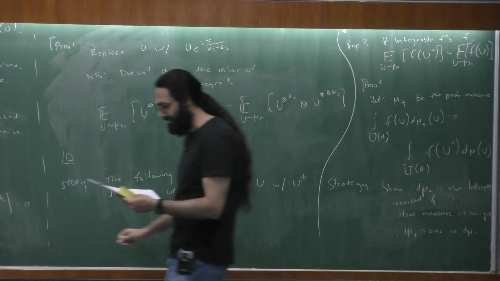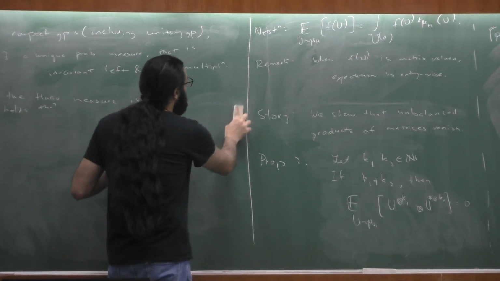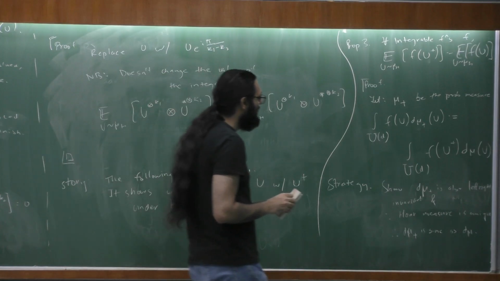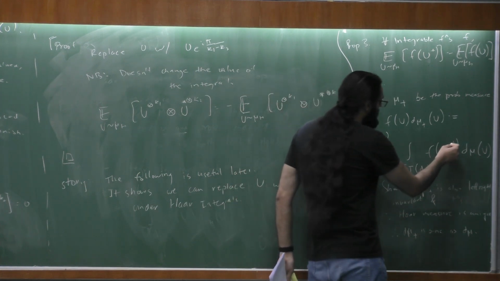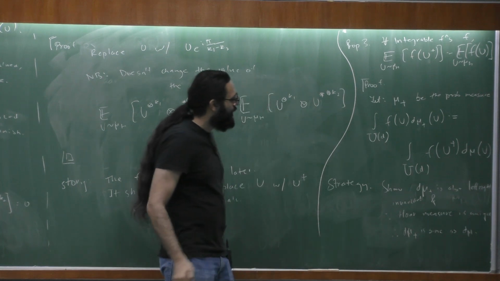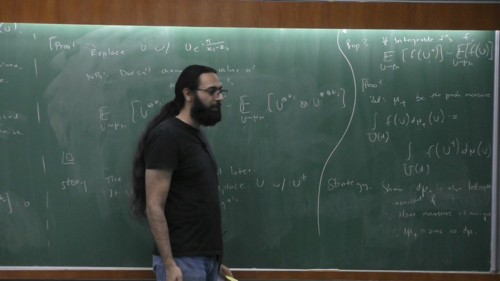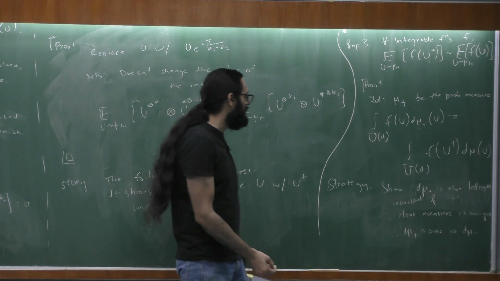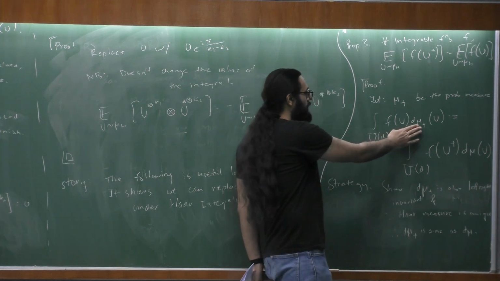Okay, so let's see. For example, even if we sample u dagger or u from the same unitary group, why do we need to take some different measure like d mu plus u? Because the group is not changing. So whatever we are sampling, why do we need to make a different measure? It's just a proof technique. You can probably prove it using a different technique if you like. Here they're just trying to argue that I'm defining a new measure. I can define it in whichever way I want, and then they're trying to argue that this measure is the same as